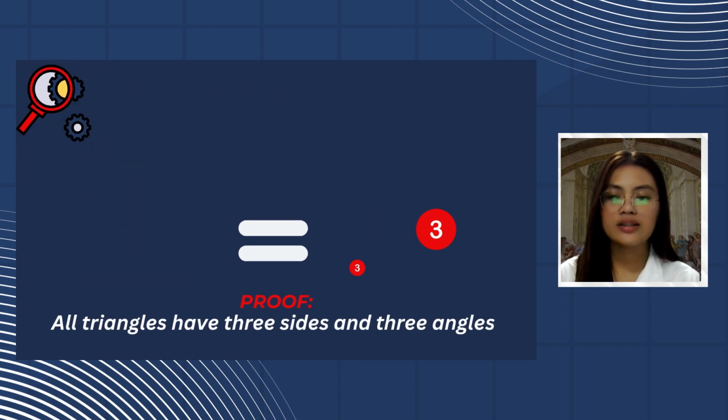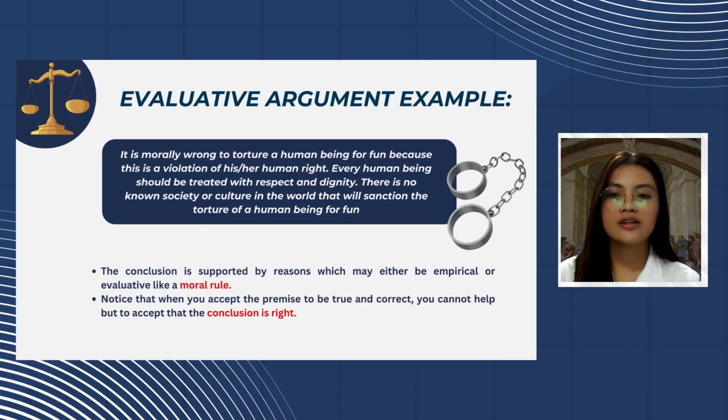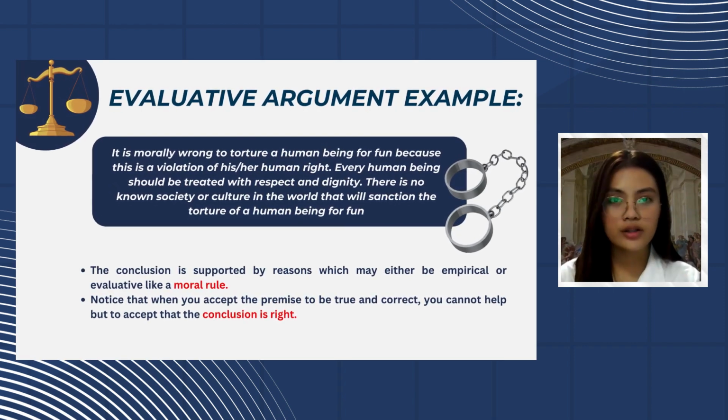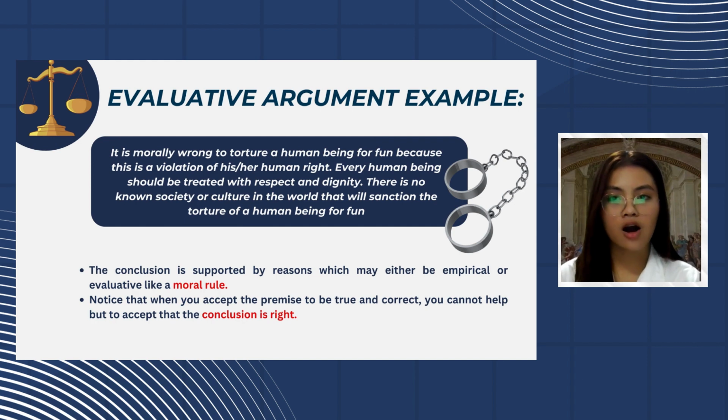Next, for the evaluative argument, the conclusion claims that something is good or bad, right or wrong, moral or immoral. So arguments like moral, legal, religious, and aesthetic arguments fall under the evaluative argument. For example, when you say that it is morally wrong to torture a human being for fun because this is a violation of his or her human rights,